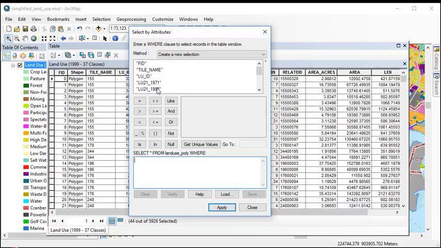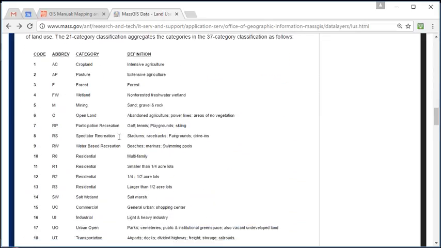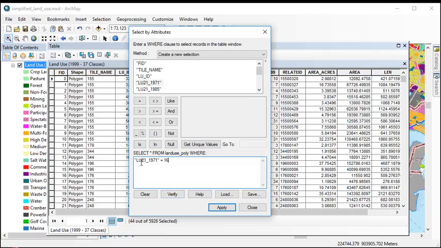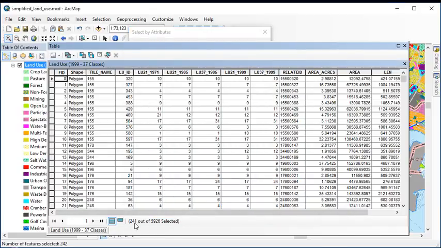And it will ask which polygons, which rows, had a value for LU21 1971 equal to 16. 16 in the 21 class coding scheme is industrial. So in effect, I am asking which polygons on this land use map were coded as industrial from the 1971 aerial photographs. I'll apply this, and you see that 241 polygons are selected,